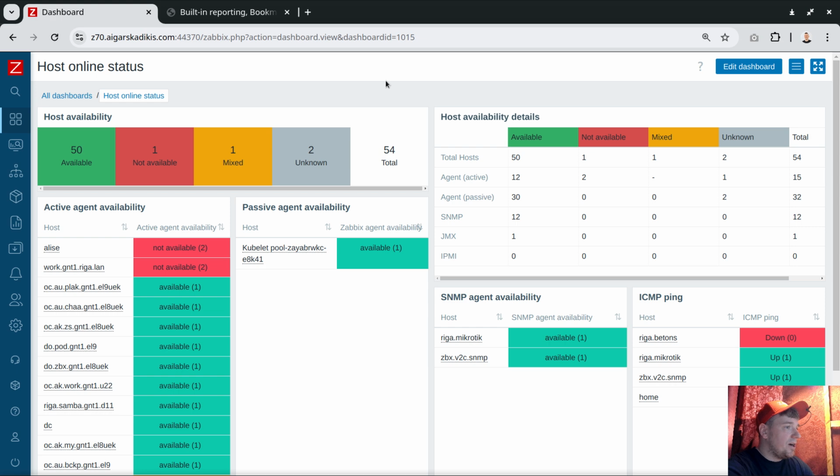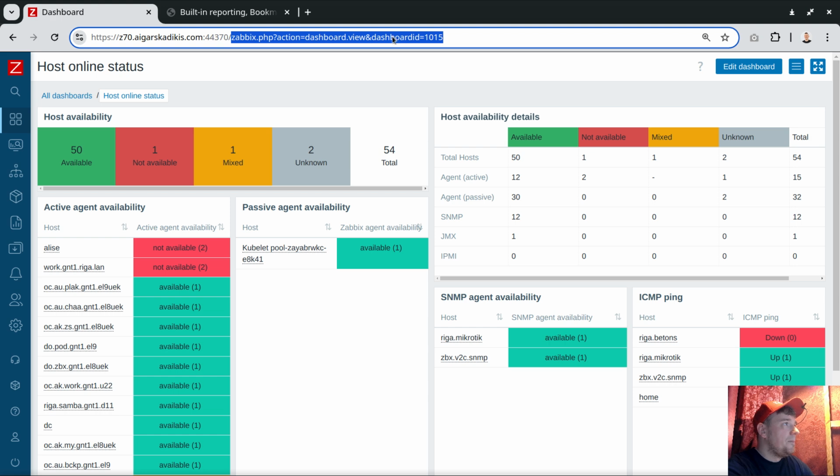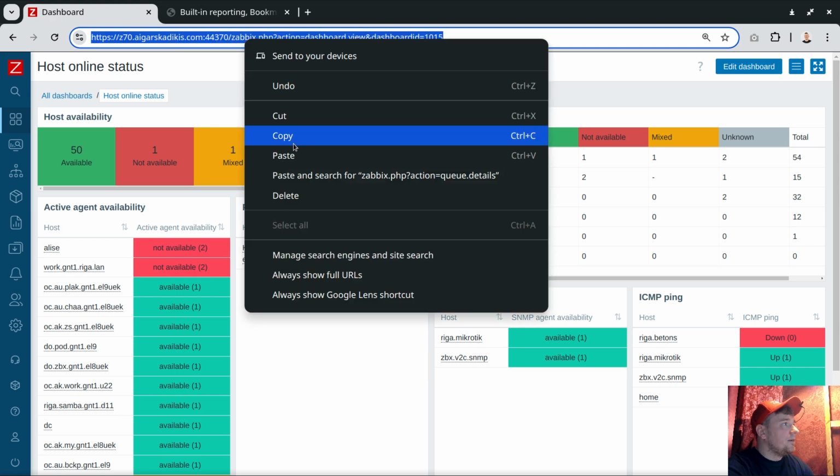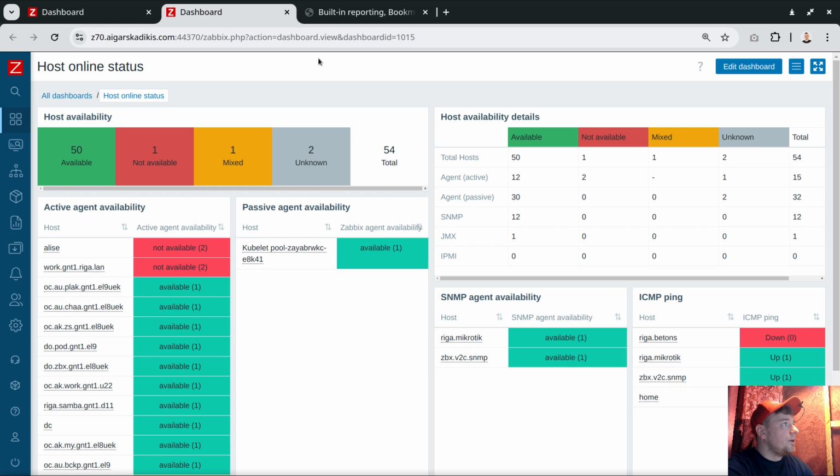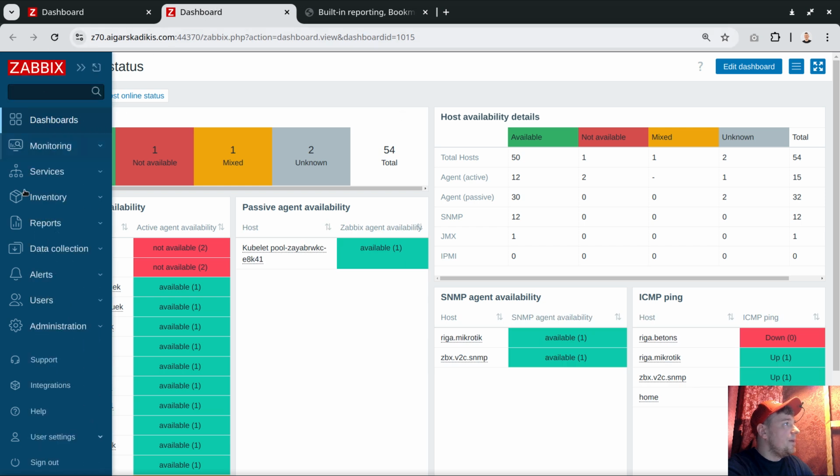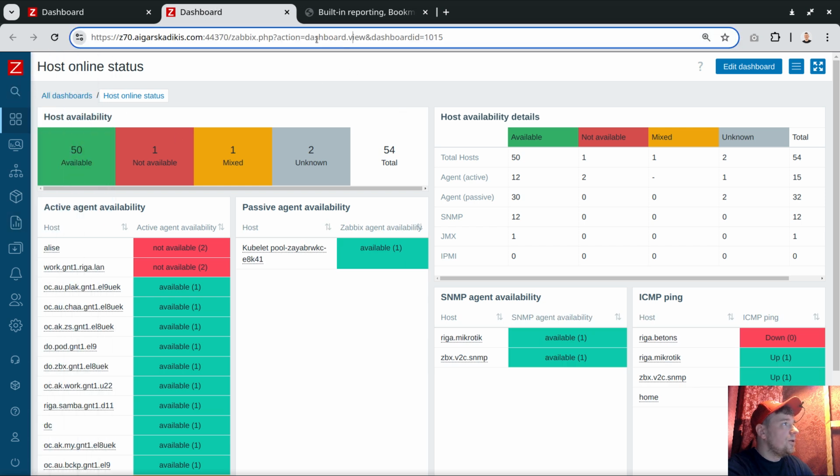If you want to study how to make it, have a look in the video description, it has the URL, and I will copy this URL. And before I copy, I will show one interesting trick. Let's put it in another tab over here. We have the menu on the left side, and if you change one keyword,